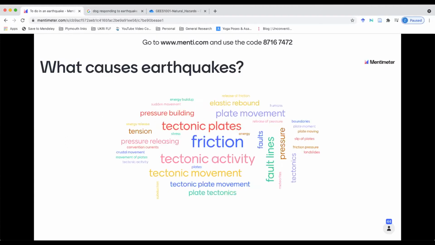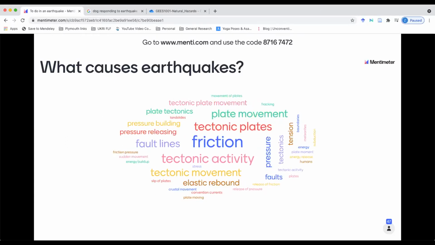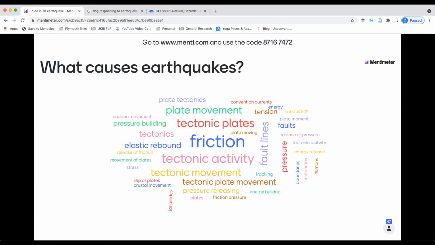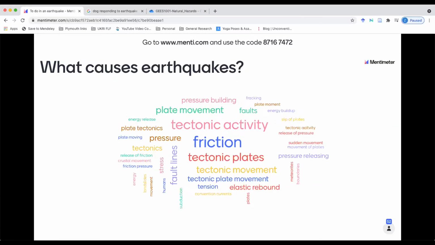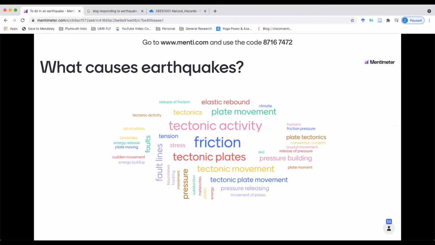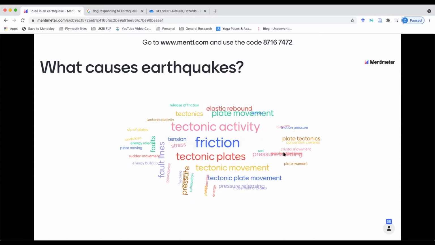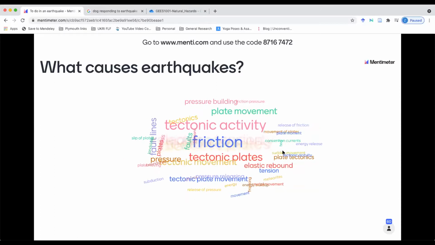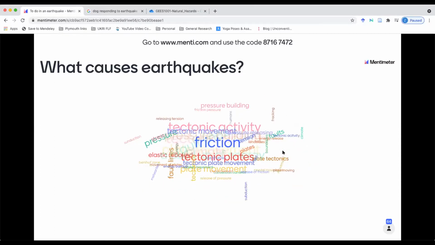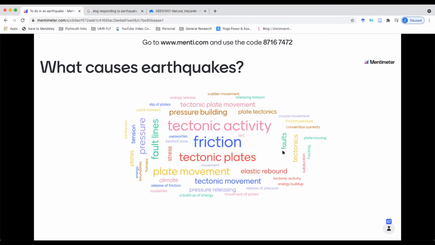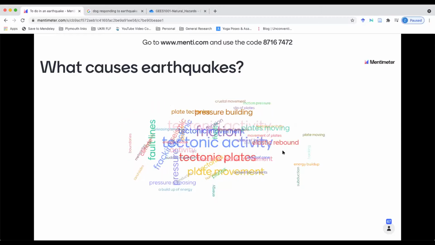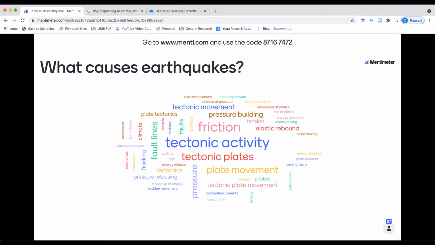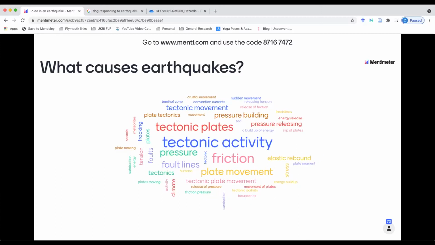That's not something that I'm going to really touch on today, but humans causing earthquakes can be a really big challenge when it comes to communicating and talking about earthquakes. But I'm glad to see that the geologically important ones like friction, tectonic activity, tectonic plates are the ones that are coming up the biggest. So that's the most people putting those in. That is good to hear, good to know.